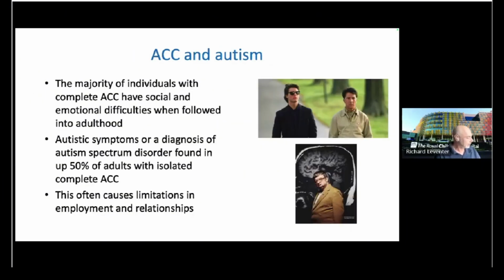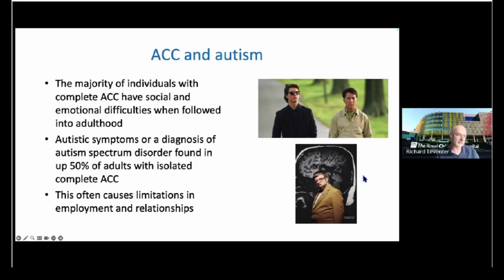What about agenesis of the corpus callosum and autism? I don't know how many of you recognise what's on the right of my slide there. The top image is Dustin Hoffman and Tom Cruise from the film Rain Man, and Dustin Hoffman is playing a man with autism, and he modelled his behaviour for that role on this man down here who's called Kim